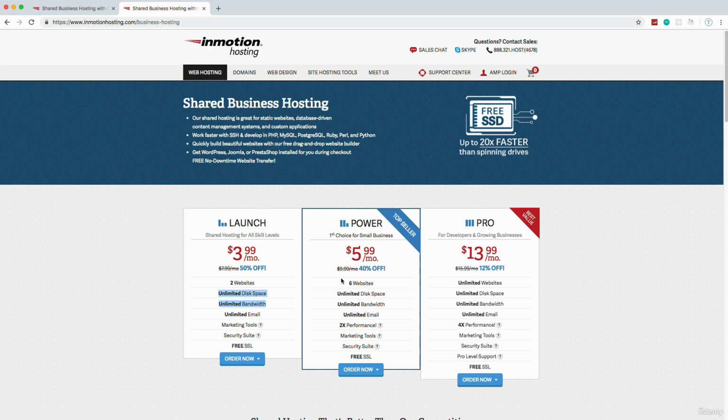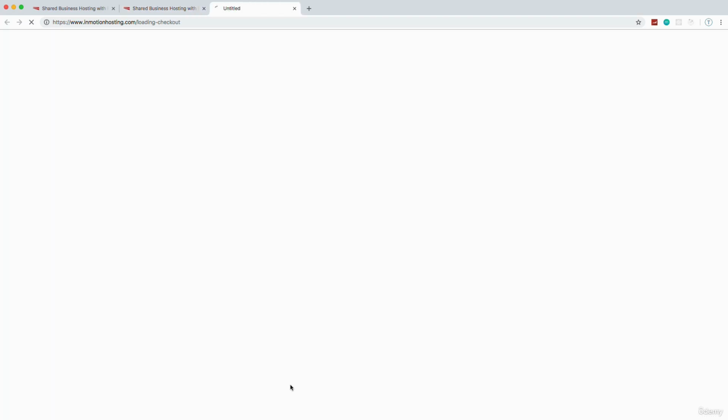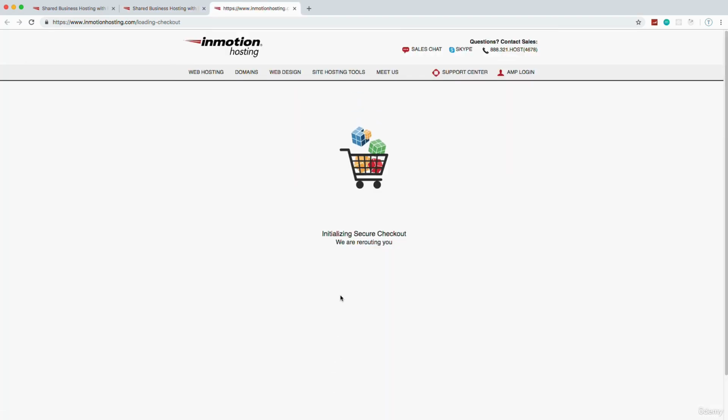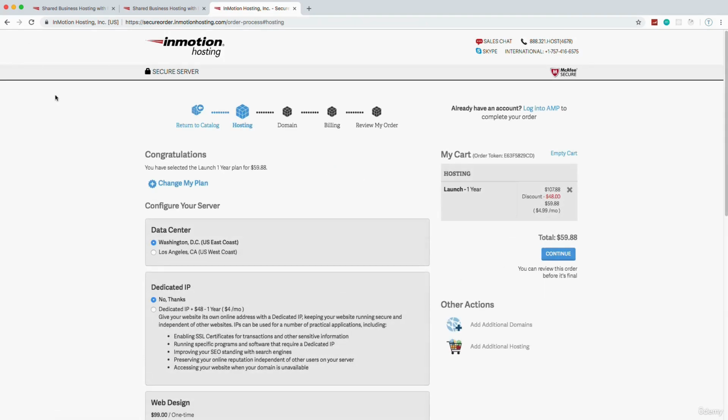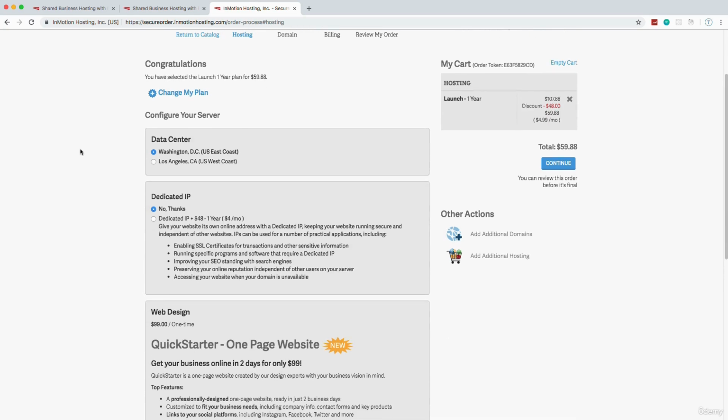I would probably say go with the middle tier, but since I'm just doing this for the course, I'm going to choose the cheapest one available, which is 1 year for $4.99 per month, which should come to about $60 a year. Now, if you want an SSL certificate, they do offer free SSLs, but you do have to have a